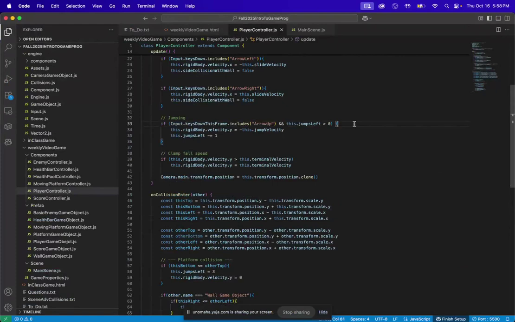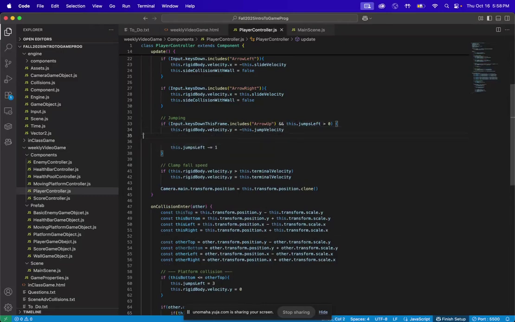And now when we jump, there's a couple things we need to do. Obviously, we do the jump velocity, but now we can apply a force in the x direction based off our jump direction. So if we do this dot jump x direction, and then let's times it by 100,